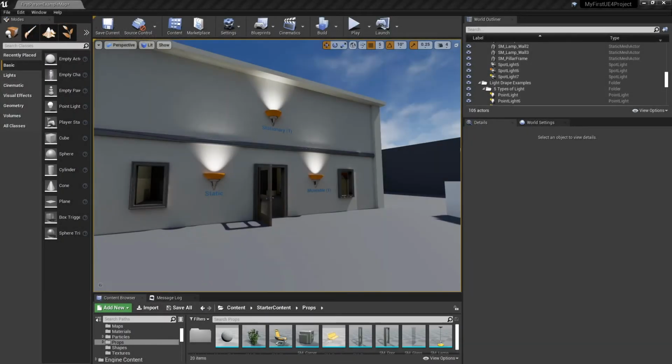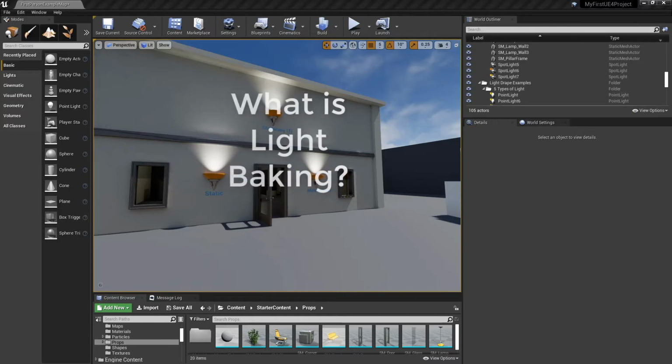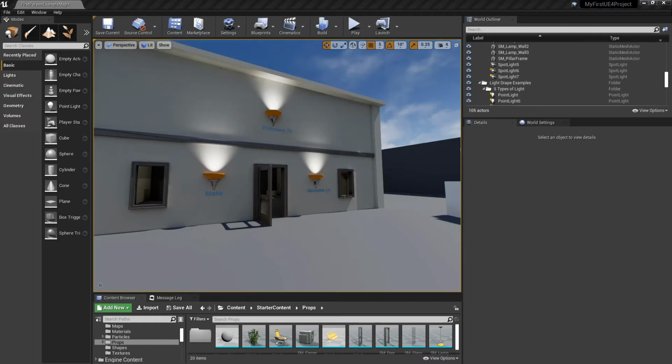So in this lesson, we're going to talk about baking lights and light map resolution. Baking your lighting is an amazing way to get great looking results and keep your work efficient and your frame rate high. So we need to first define baking. What is it? It's calculating the light results ahead of time and putting the luminance and directional value information into material maps that are stored in the game.